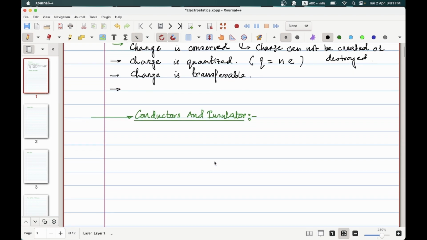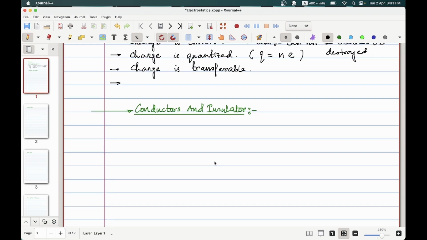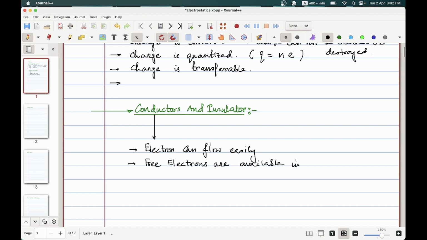The next thing is conductors and insulators. So what is a conductor? A conductor is basically a metallic surface, maybe also non-metallic, of course, but the main feature of conductors is that electrons can flow easily. Basically, it means that free electrons are available in the conduction band,